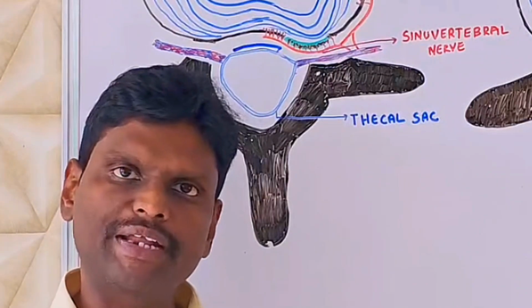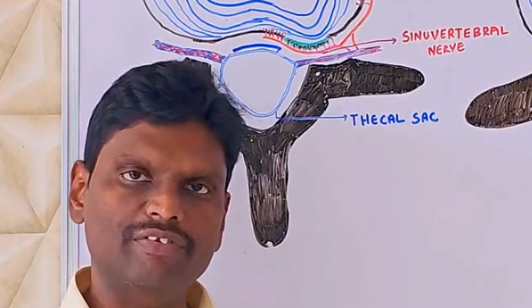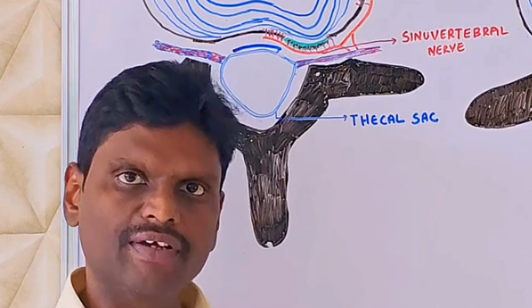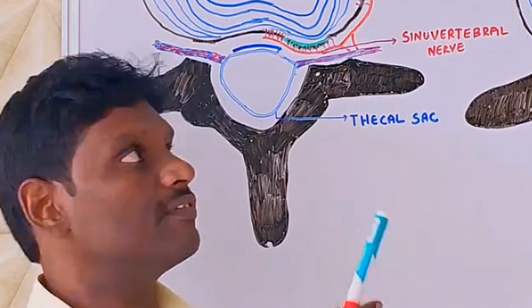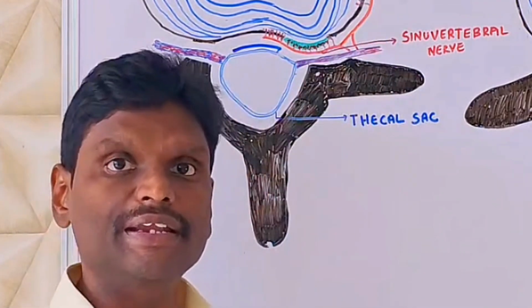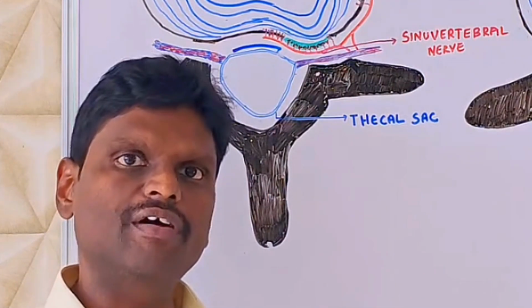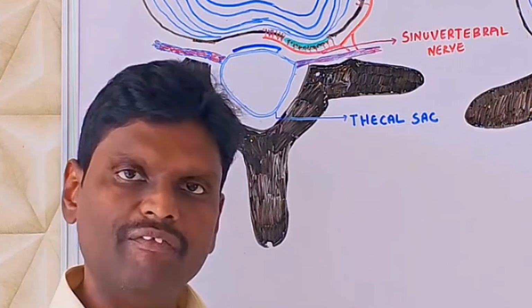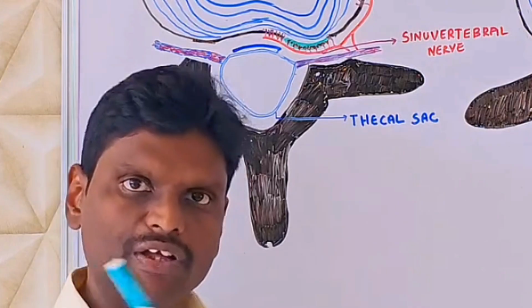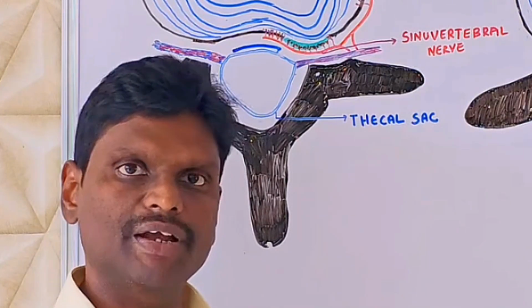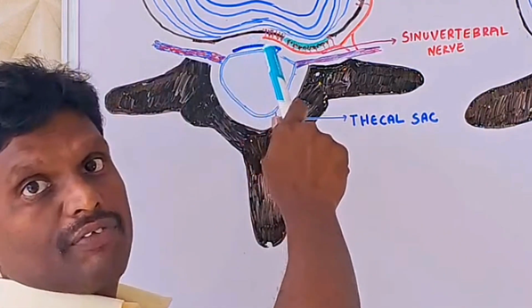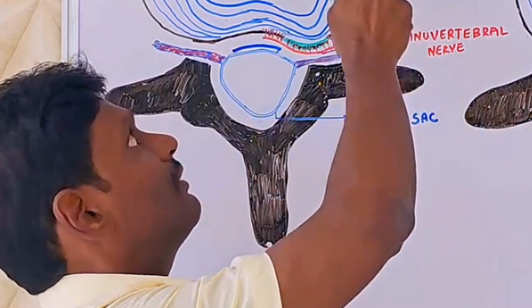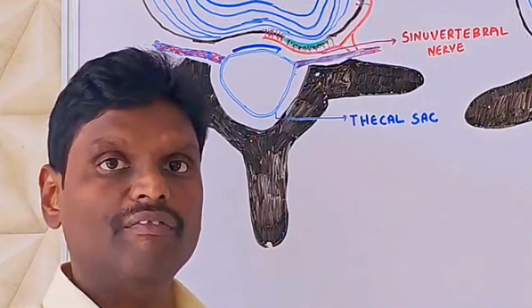I'm going to talk about an important nerve in the lower back, which is called the sinovertebral nerve. The sinovertebral nerve governs the periphery of the intervertebral disc. Even though we call the disc aneural and avascular, the periphery of the disc, especially the annular fibers, are innervated by this sinovertebral nerve from the posterior aspect as much as towards the anterior aspect of the ring of